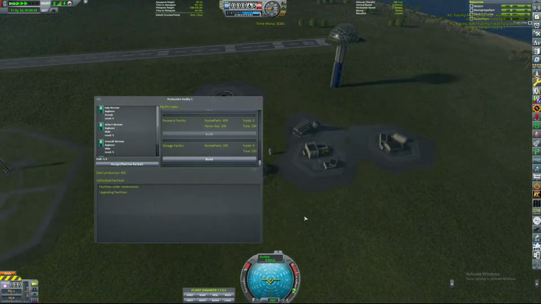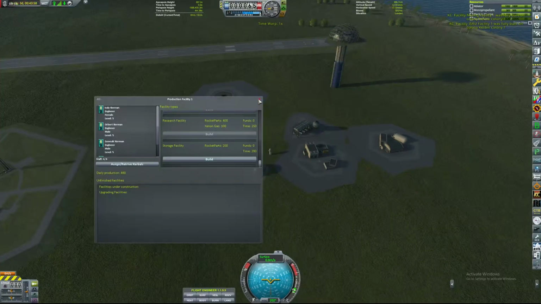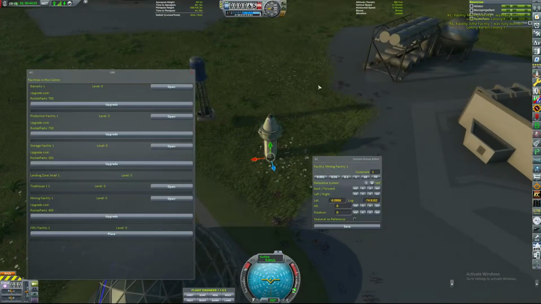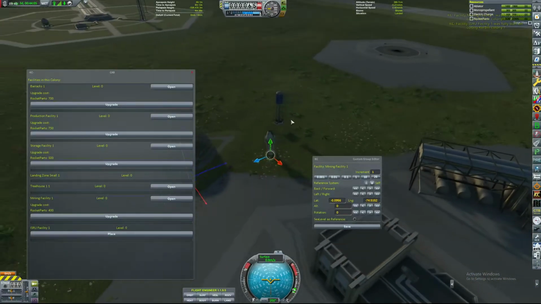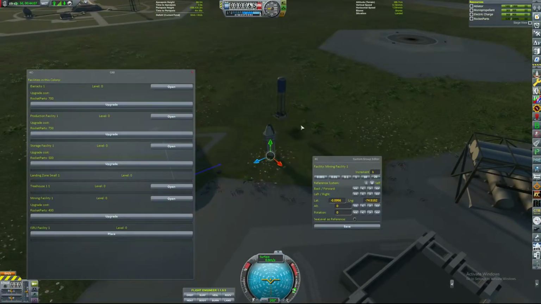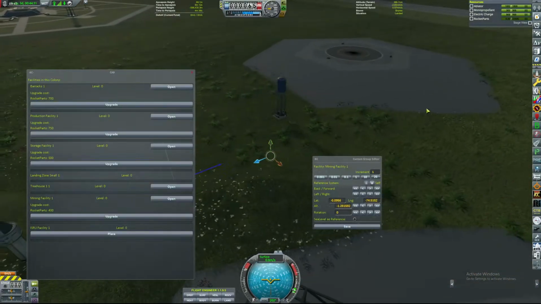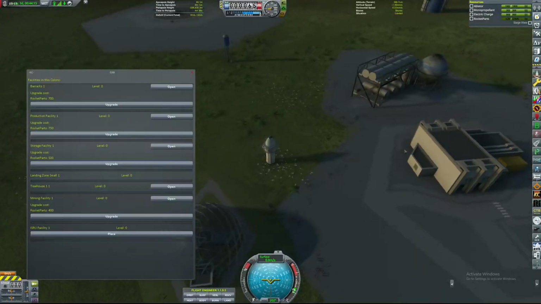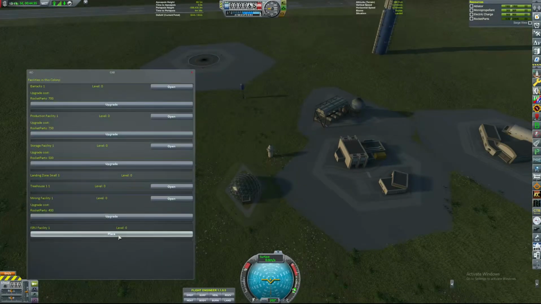You can see here we've got some production going in the production facility, making sure that we can get our colony up and going with our first tier 1 extractor, just very basic. It's 2 Kerbals, and right now, of course, it extracts at a fixed rate. The ISRU here